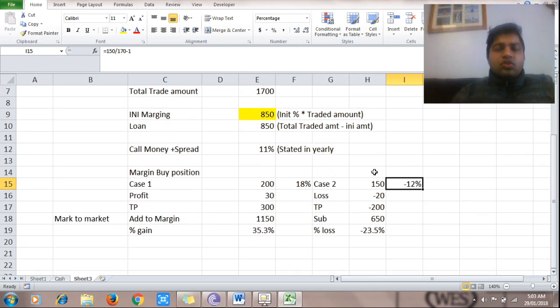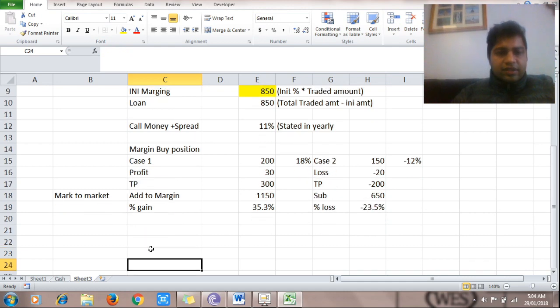Okay, so thing to remember, margin buy position makes money when the stock goes up, it loses money when the stock goes down. Second point, profit and loss are adjusted from the margin amount. So initial margin that you put in, profit and loss gets adjusted from it. Third point, profit and loss are magnified in margin trading. So there is leverage that you are taking, you are just investing a fraction of the sum required to take position. So whatever profit and loss you get, it is magnified. All right then.